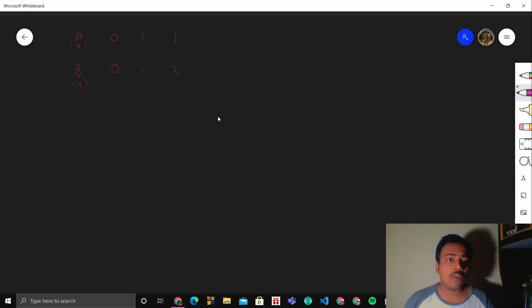Now we have to return the minimum number of steps that will be required to move from this to this and then from this to this. So see over here, if we just make a simple graph, we have 0 comma 0 over here. Now from 0 comma 0 we have to go to 1 comma 1, and then from 1 comma 1 we have to go to 1 comma 2.